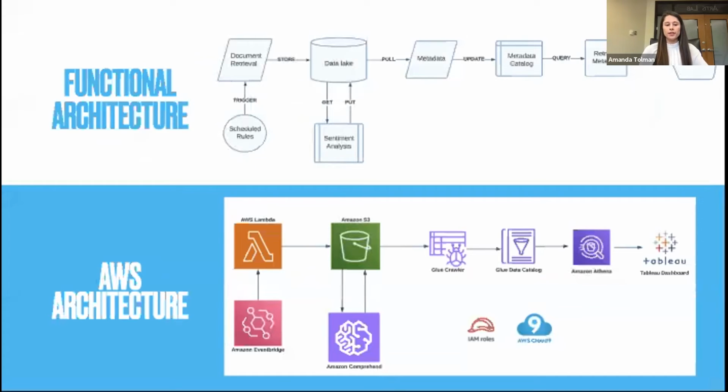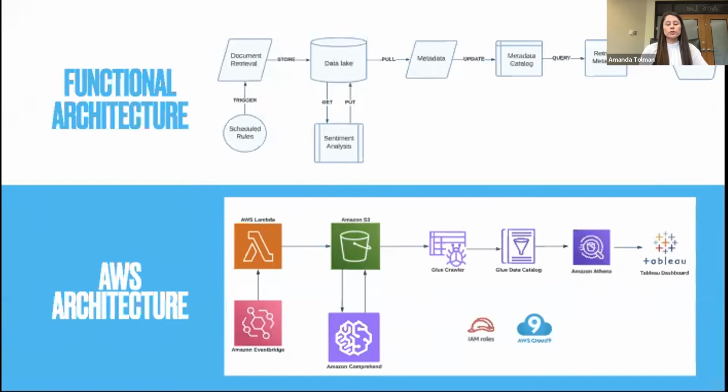The automated pipeline is implemented in Amazon Web Services, otherwise known as AWS. It has an event-driven architecture that uses events to trigger and communicate between AWS services. Time-based rules were used to trigger events to execute web scrape functions in AWS Lambda. These functions scraped and pulled Joe Biden articles from two sources.